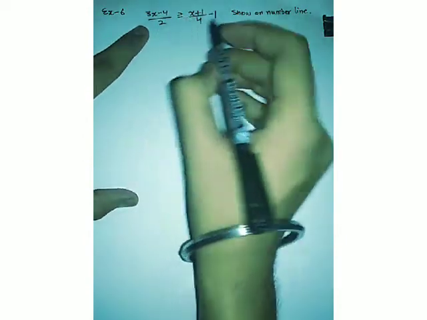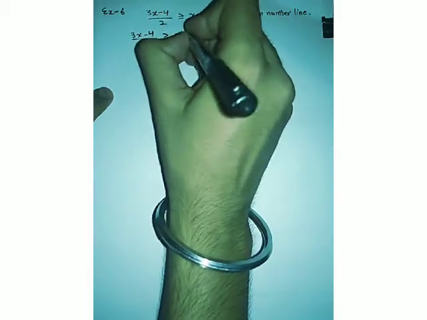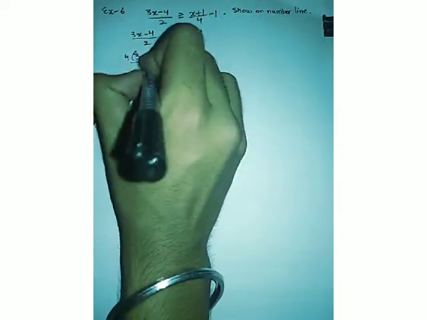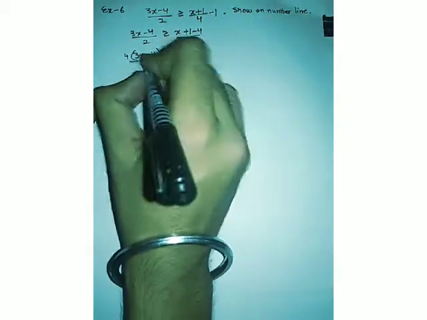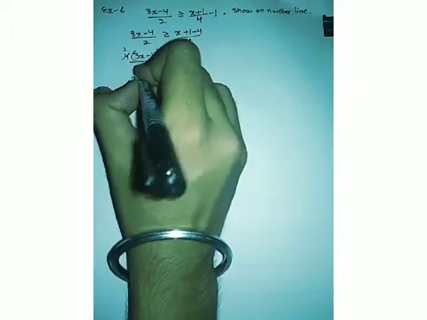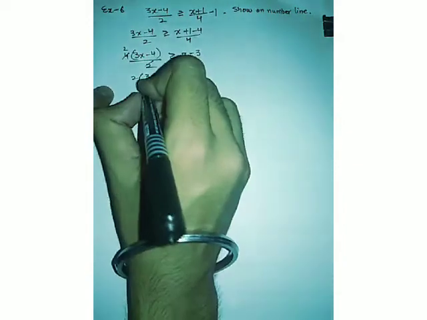We have to solve the inequality and then represent the solution on the number line. Just like the 5th example, it's a bit complicated, but the rest of the steps are very much identical. So again, solve the right hand side. (3x minus 4) upon 2 greater than or equal to x plus (1 minus 4) upon 4. (3x minus 4) upon 2 greater than or equal to (4x minus 3) upon 4. 2 2s are 4, you will get 2. 3x minus 4 greater than or equal to x minus 3.